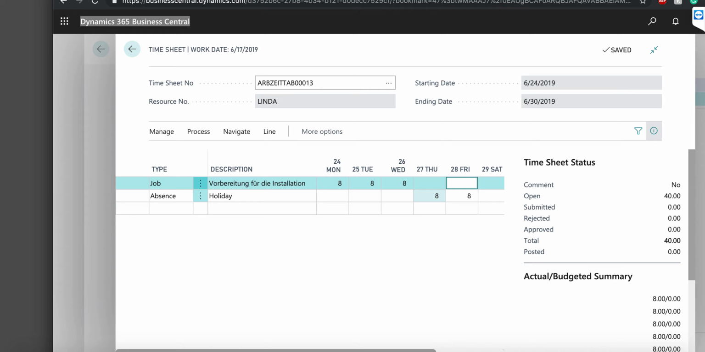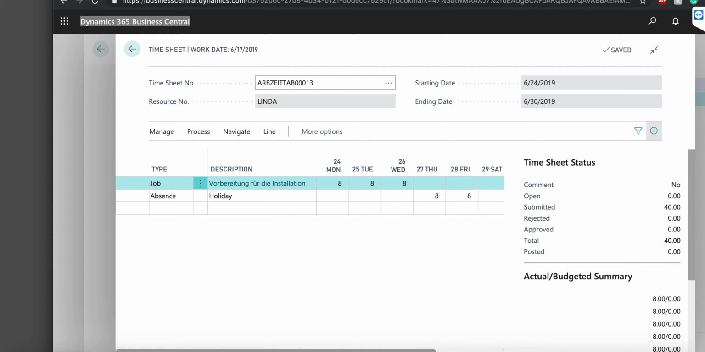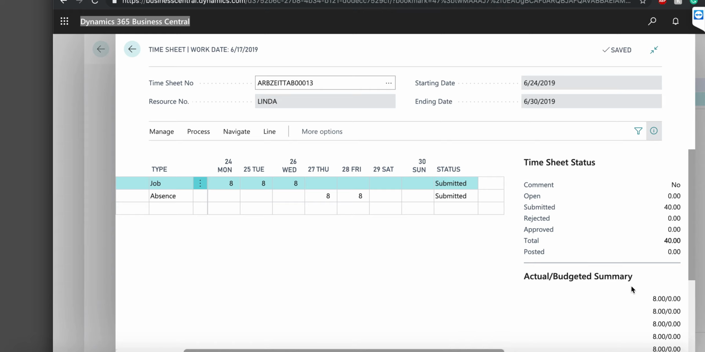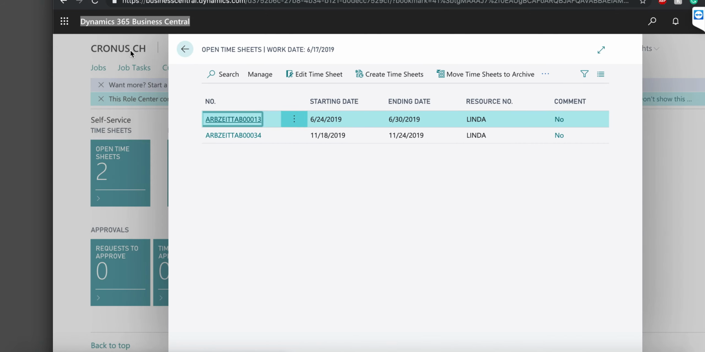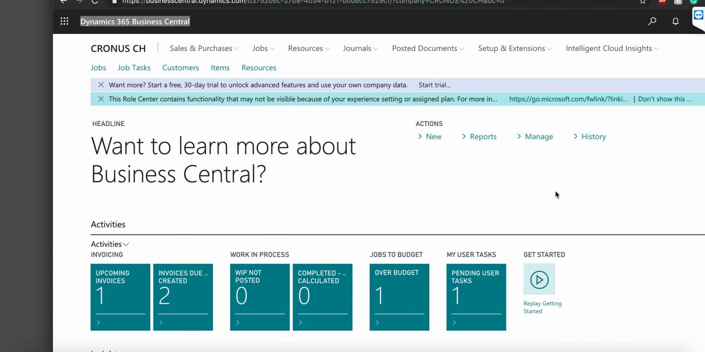So now I've filled out my timesheet for the week and I'm going to submit it. Now you're going to see that the status is submitted, and I submitted 40 hours. Again, since I happen to be a project manager, I'm going to have the ability to also approve my own time. And so I'll go back to my role center and click Manage,